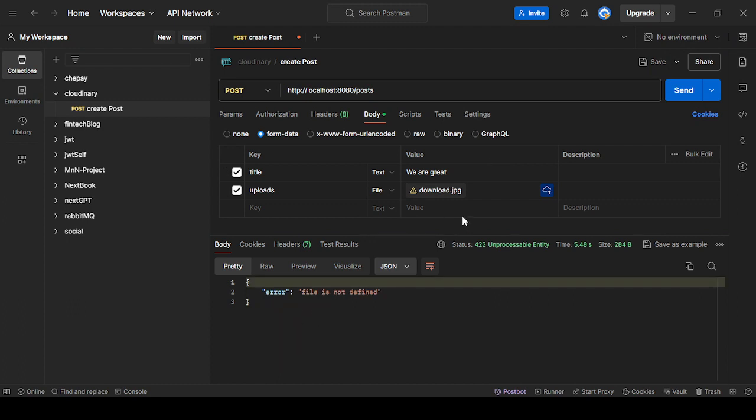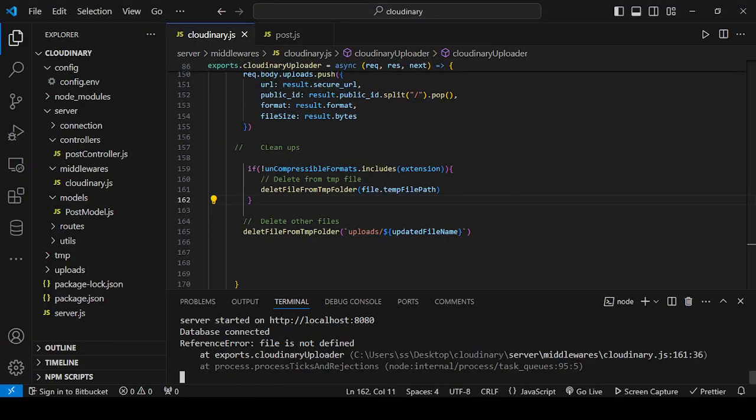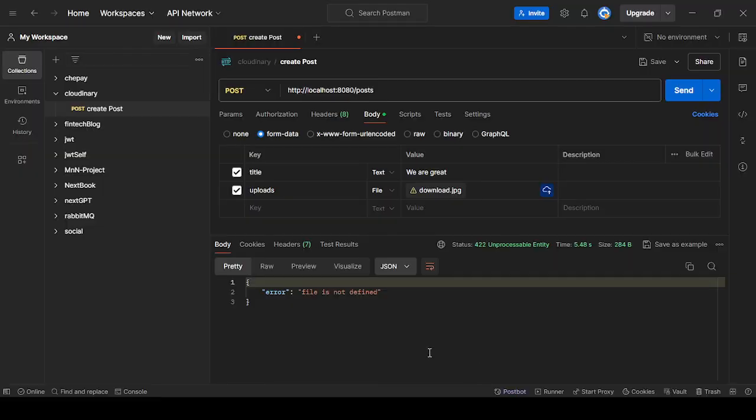File not defined, file not defined. Okay, just hold on, let me, why did I upload file not defined? Maybe,